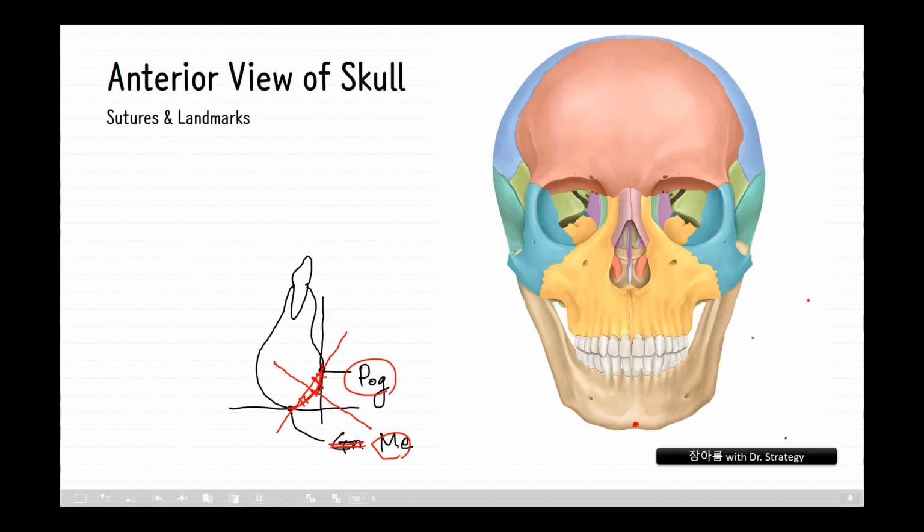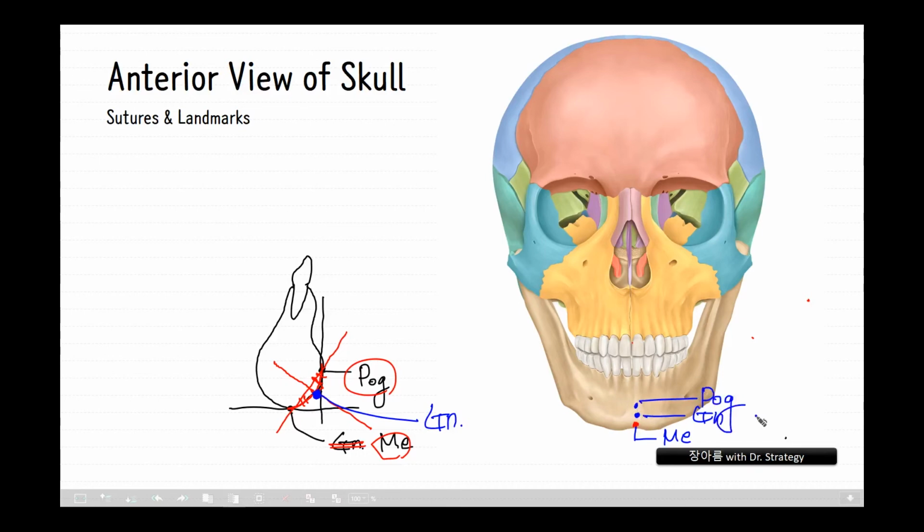So this point can be Nathion by the orthodontic concept. So we follow the orthodontic concept in this lecture. So here is the Menton, probably Nathion, and Pogonion. Okay,